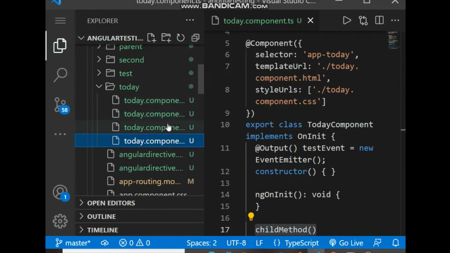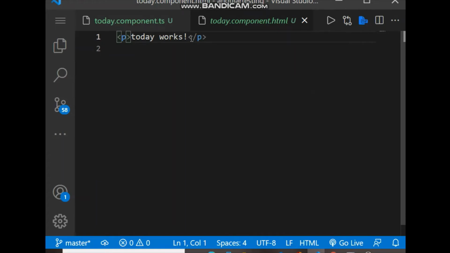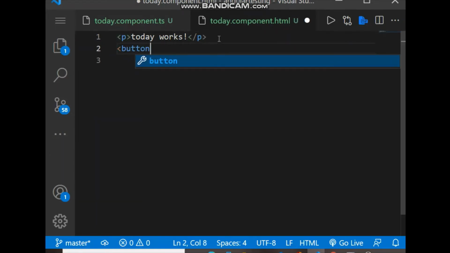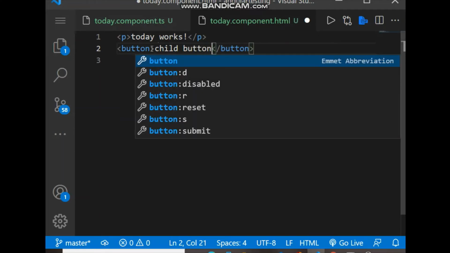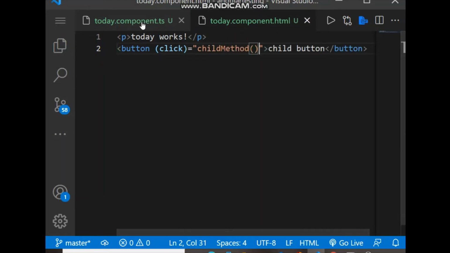So here is the html, and let's add a button here, name it child button, and on click of this, let's call the child component method, childMethod, that is here.